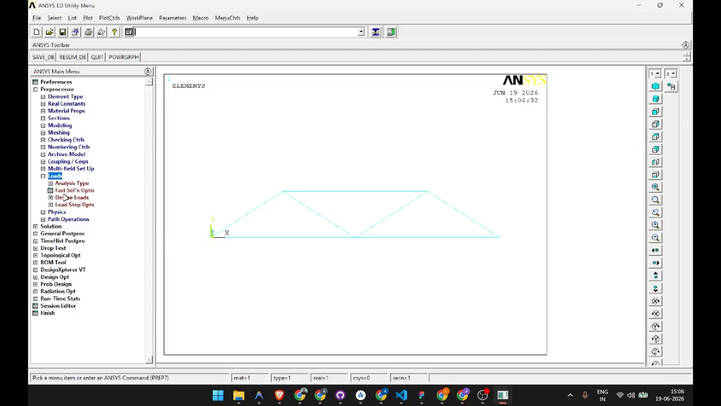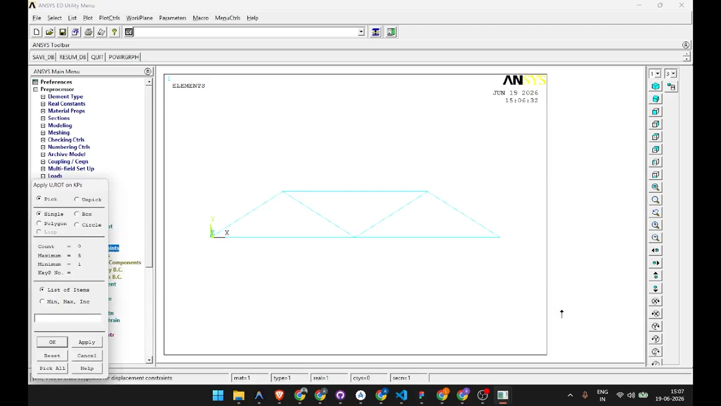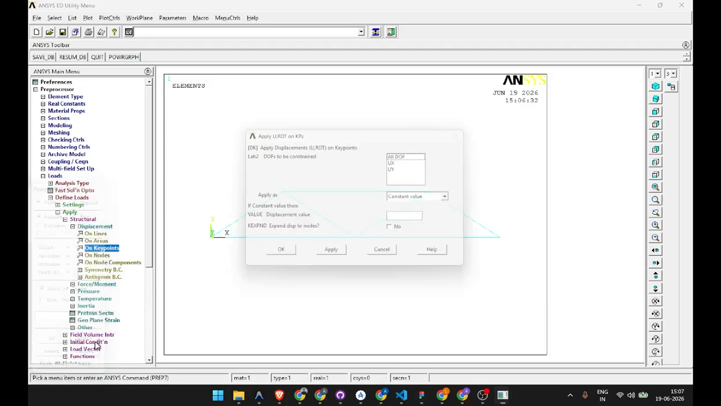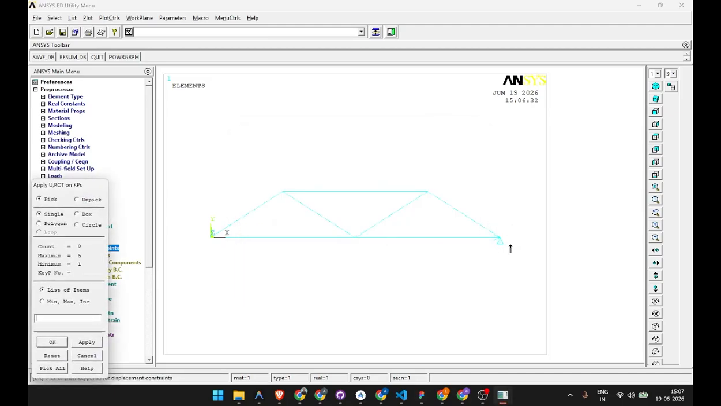So let's define those. Go to loads, define loads, apply structural displacement on key points. In this particular 5th key point, we'll assign a displacement load. The DOFs to be constrained would be ux and uy. The displacement value for this would be 0, and clicking on apply,